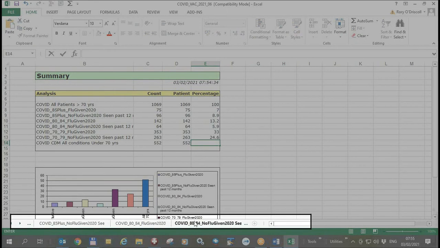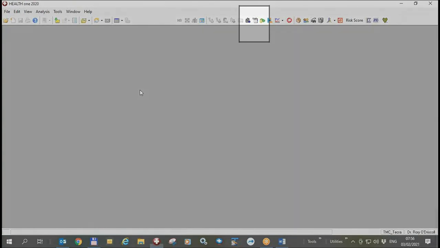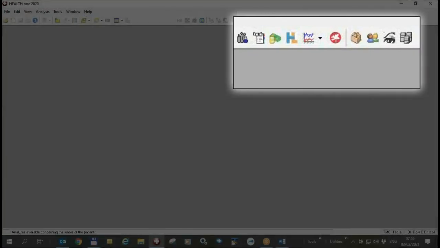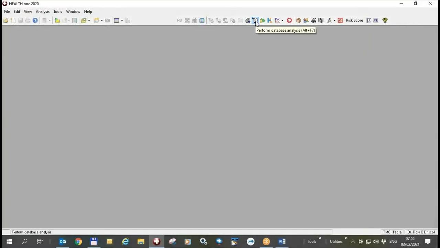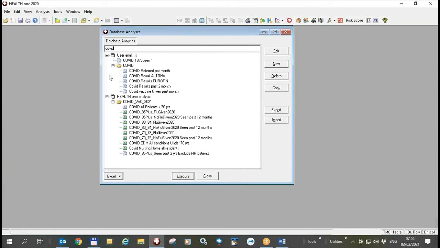So, to recap, once you do your next web update, you will find in your database analysis over here a new set of analyses all related to COVID vaccination down in the Health 1 analysis. These analyses are not alterable or editable by the user. There's no edit over here, but you can copy them. If you copy them, like I copy, say, this one,